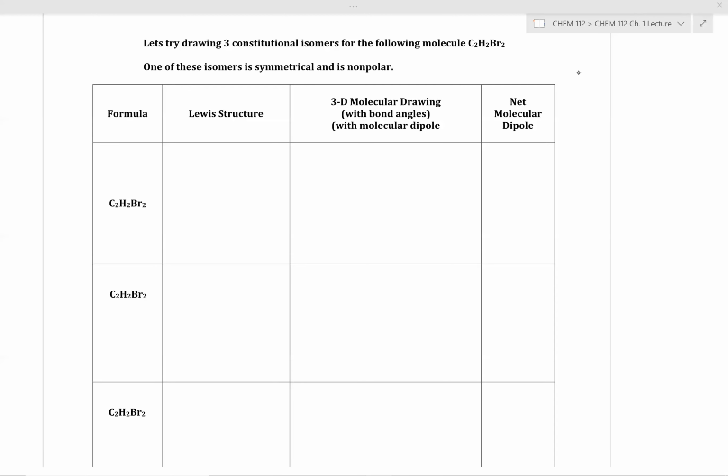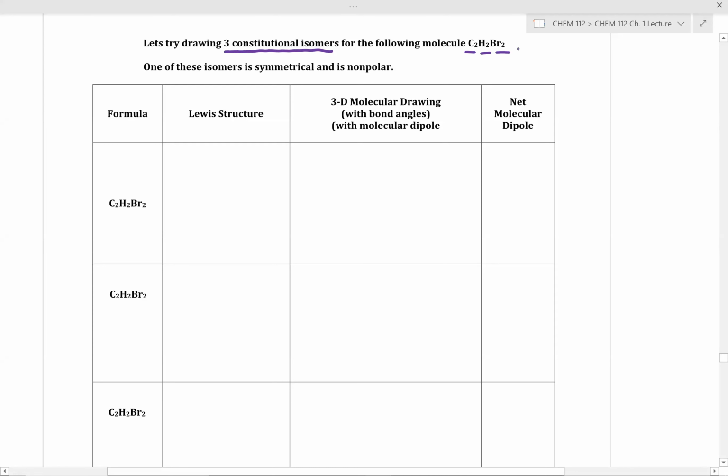Okay, so let's now try applying the ideas of molecular polarity, molecular symmetry, and molecular geometry to constitutional isomers. This is a classic example of how constitutional isomers can have different properties, polarity, and reactivity. So in this example, let's try drawing three constitutional isomers for